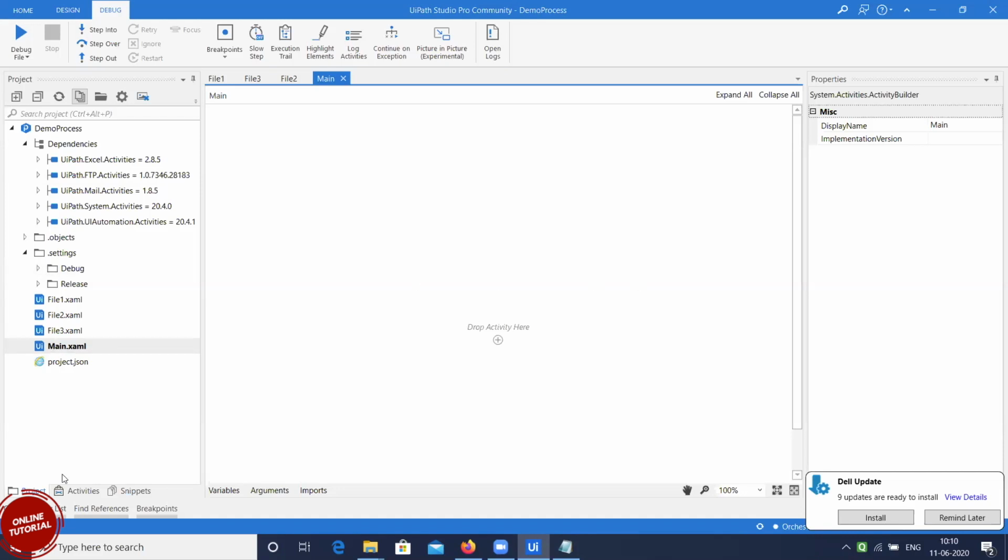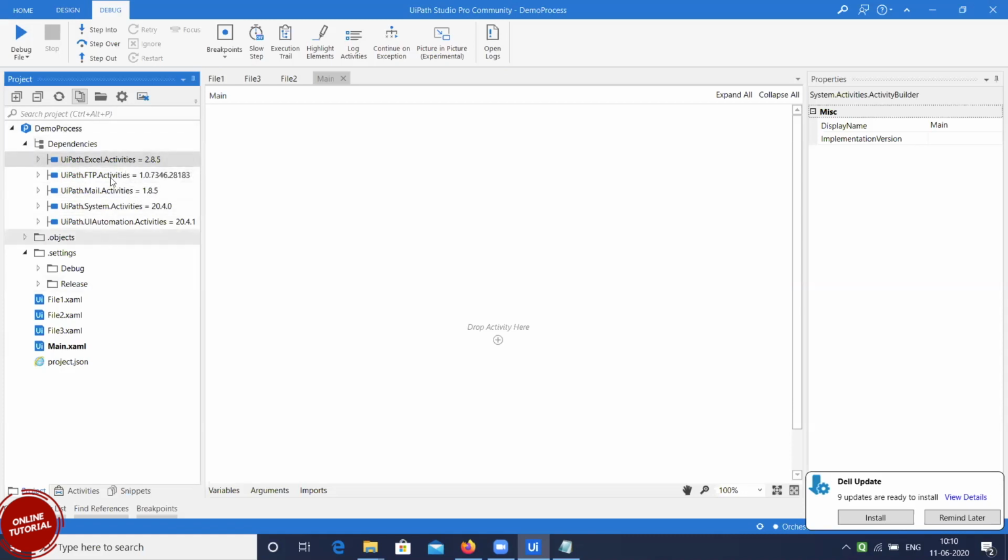Okay. So dependencies are nothing but the activities that it is going to use. If you look, every time that we launch a project, it's loading. I told you I'll come back to this later. What it loads is the basic requirement that is required for you to design. So all the dependencies are stored here.